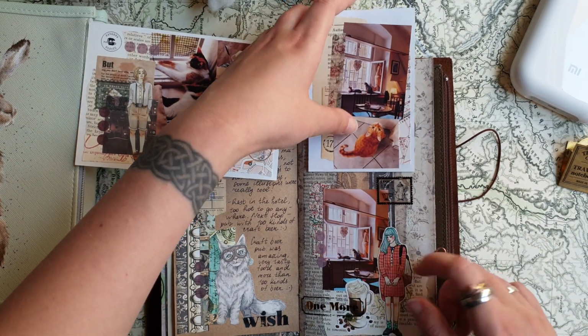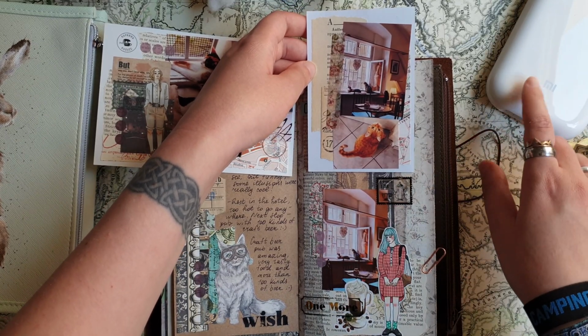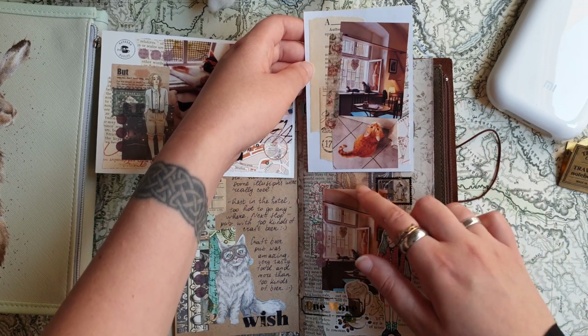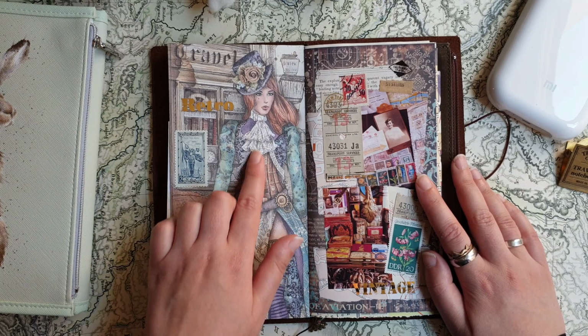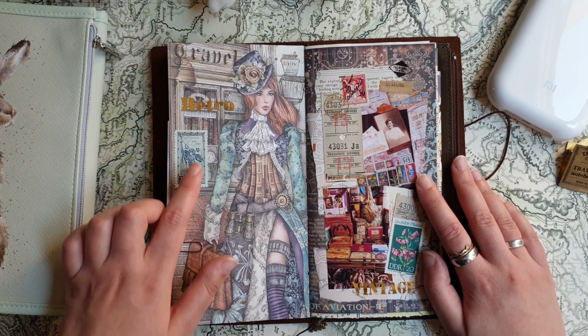And also here is another photo, and this one is also printed with this pocket printer, and this I already printed at home. So this I still made during my trip and then just added a few more details at home. Then this page I just left as is because I really like this beautiful lady, and I just added